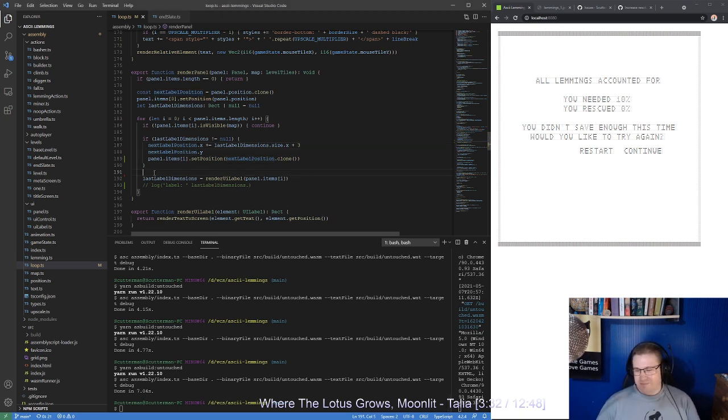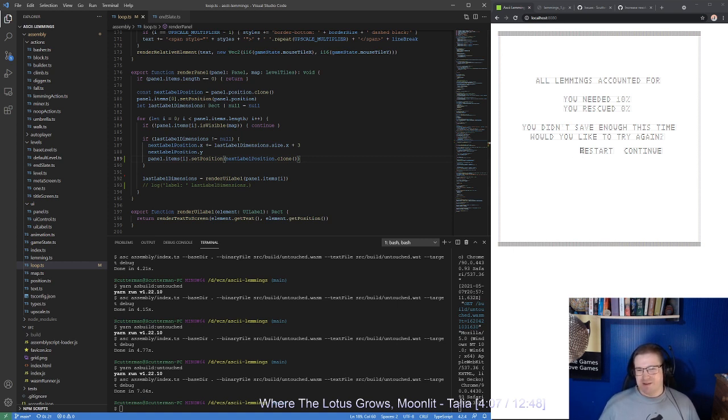Okay, let's actually get to some code instead of feeding the troll, shall we? So our problem is this line was being called down here, which meant that it was throwing everything off when the label position hadn't been set. So we've got that fixed, and now the start of the panel is displaying in the center of the screen,